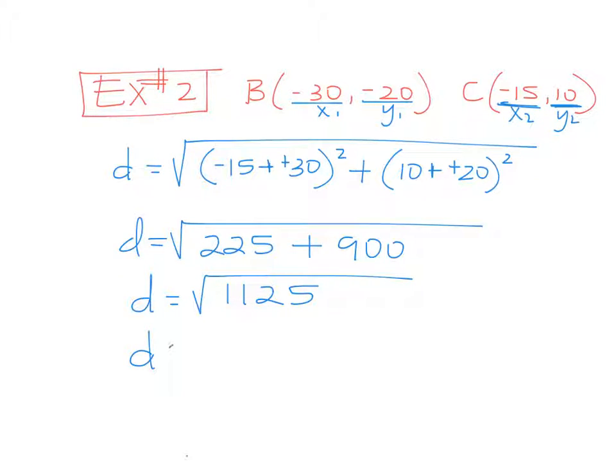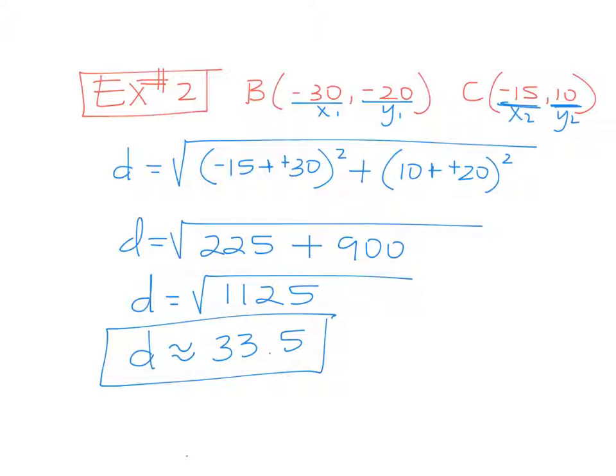So really, we're going to take that number and plug it into the calculator. The square root of 1125 is approximately 33.5. Okay? Any questions on that? That is your whole lesson today, just using the distance formula. You'll see later how it